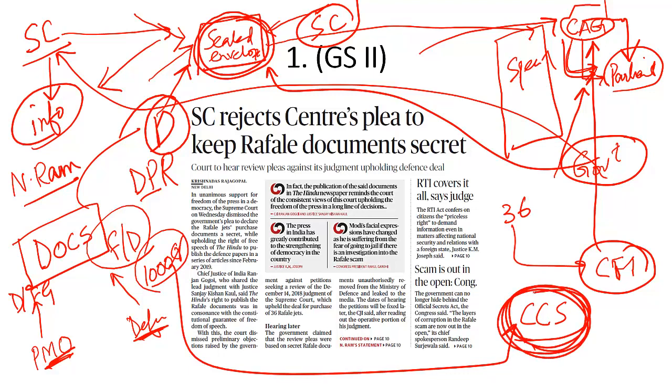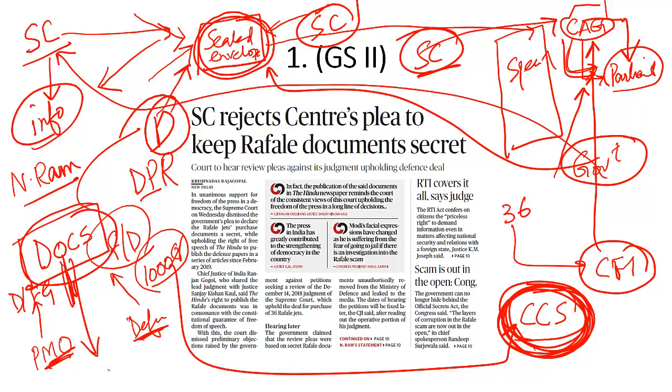Was this done, or did the Prime Minister unilaterally approve or announce this Rafale deal without any concurrence from the Cabinet Committee on Security? And then these petitioners approached the Supreme Court again and said there should be a full-length investigation into the entire Rafale deal so that the truth comes out in the open, the truth comes out in front of the public. But then the government argued before the Supreme Court that these documents cannot be treated as evidence.